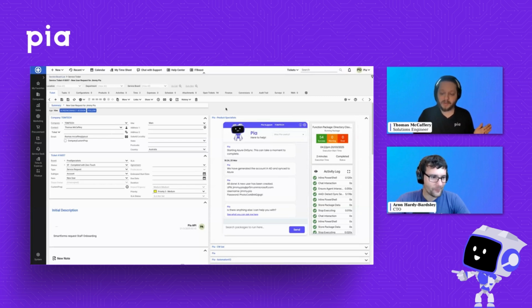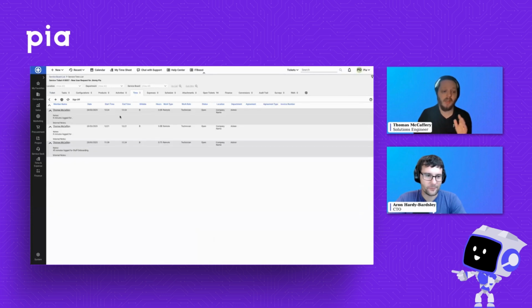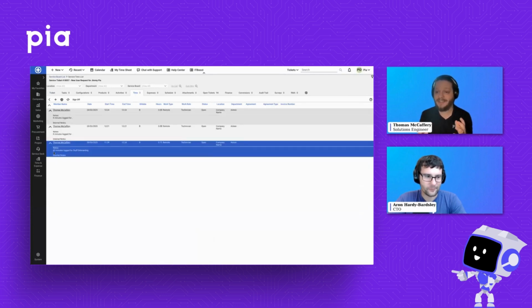And I did a quick refresh there on the screen as well, guys. I just wanted to show you, now that the request has been completed, our ticket has also been moved into a completed status. So that entire life cycle of the ticket has been completed. It was opened, the request completed, the ticket closed. And if I go into this time portion here in ConnectWise as well, I've even added 45 minutes of my standard onboarding billable time for the client. And for those of you wondering, we are using ConnectWise as our development environment here, but the exact same functionality is available in Autotask and Halo as well. So we're not missing out on anything by not being in ConnectWise.